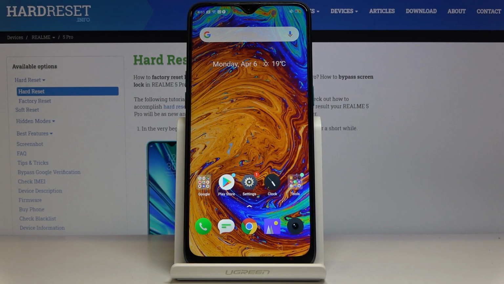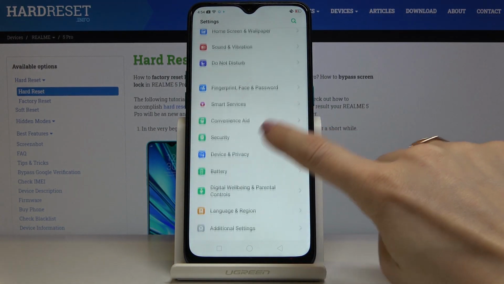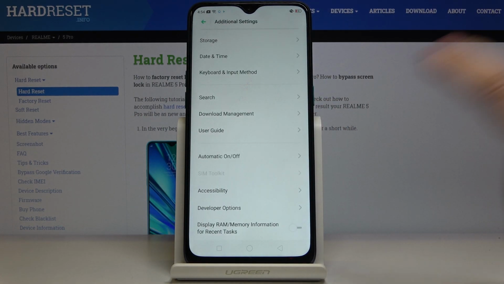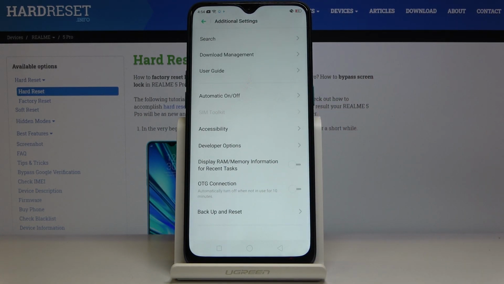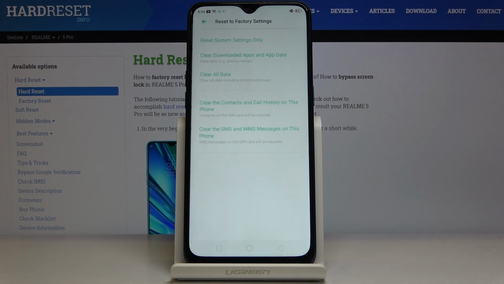Here I've got Realme 5 Pro, and let me show you how to perform a hard reset through the settings on the following device. So at first you have to open the settings, then find and select additional settings. Here scroll down to the bottom of the list and select backup and reset. And here go to reset to factory settings, and all you have to do is to tap on clear all